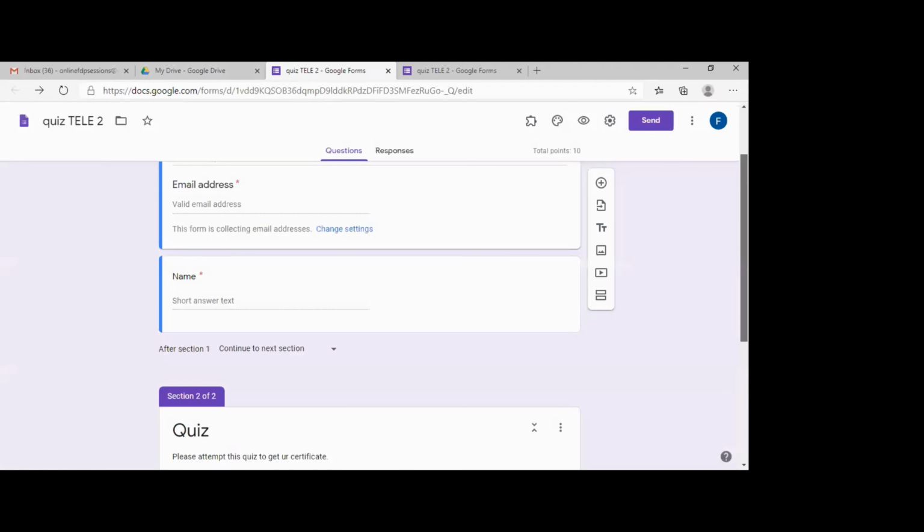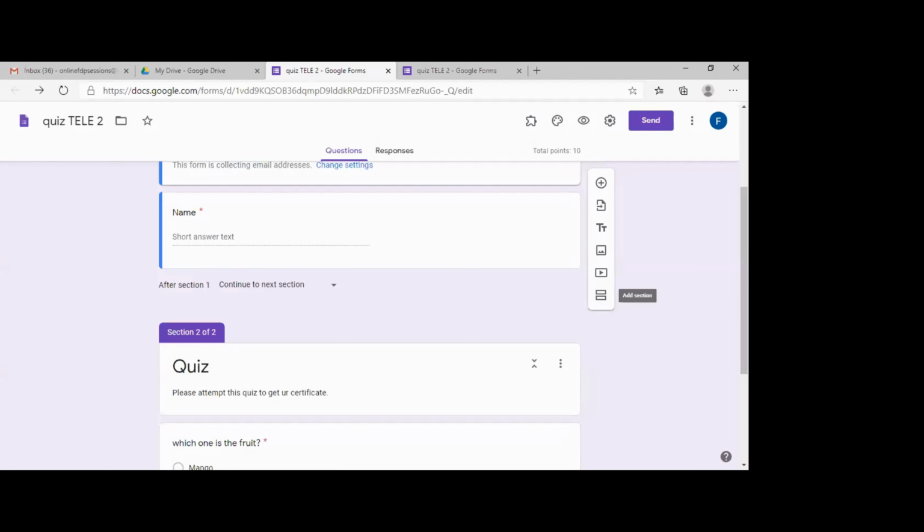Okay, so after adding the add-on, you will get the add-on option here. When you click on this add-on button, you will see Certify M. What I did is I just collected the email ID and the name of the students, and I made another section by using the add section option, so that the content is in section 1.